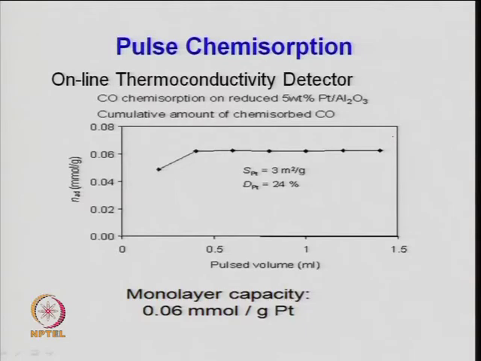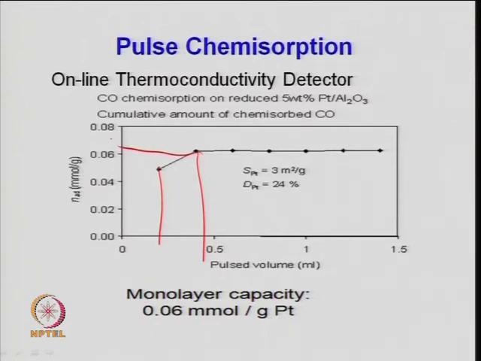So, you can have the activity correlation. Whatever the pulse volume, you can calculate the number of millimoles per gram of catalyst. So, you can have a curve like this, millimole per gram as a function of volume when you inject different pulses. So, from the pulse volumes you can find out the number of molecules. Here it is now saturated. So, you increase the pulse volume, this is saturated. This is what you are correlating, and that can be related with the surface area.